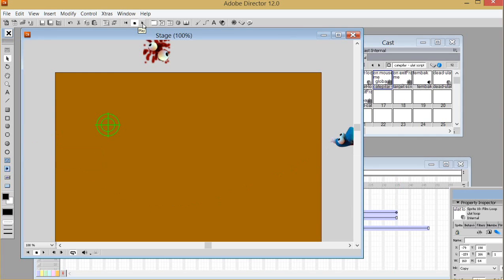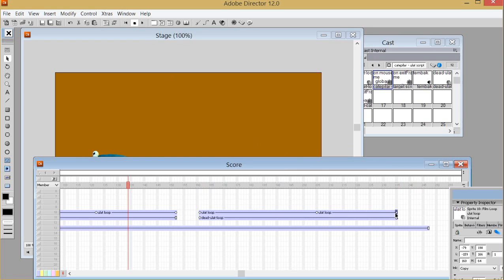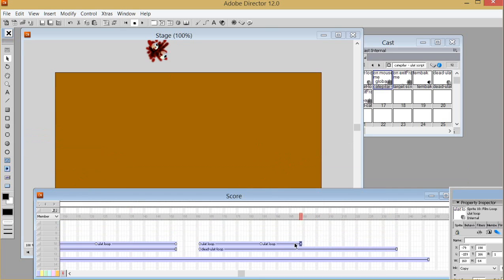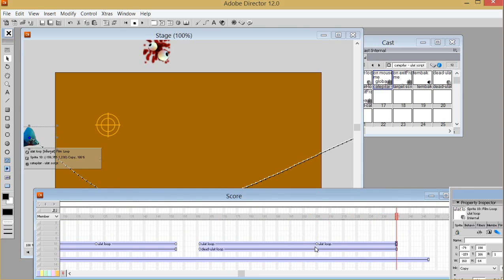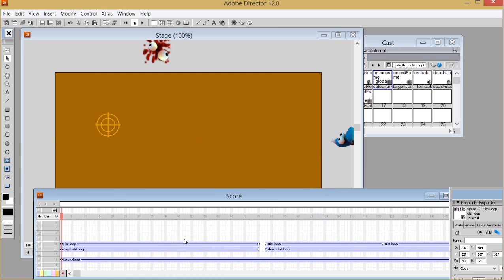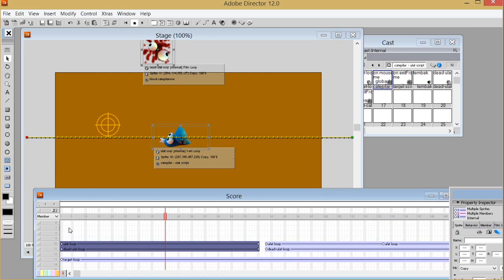Okay, let's check it out and play. Okay, you can adjust the speed here. It's faster, or you can make it slow by pulling it longer. And then if you want to make another caterpillar like this,